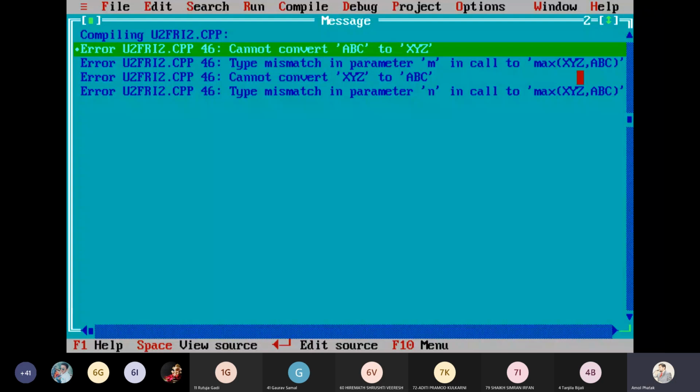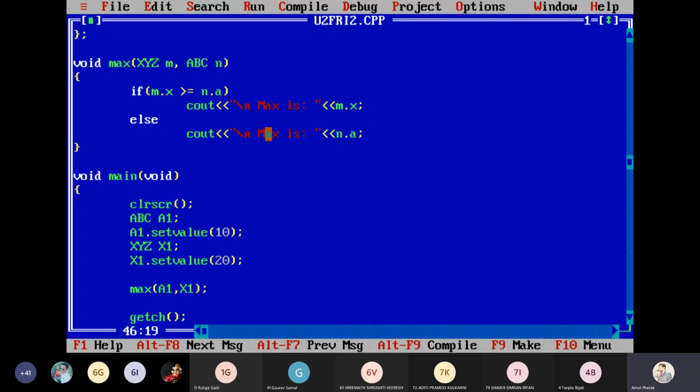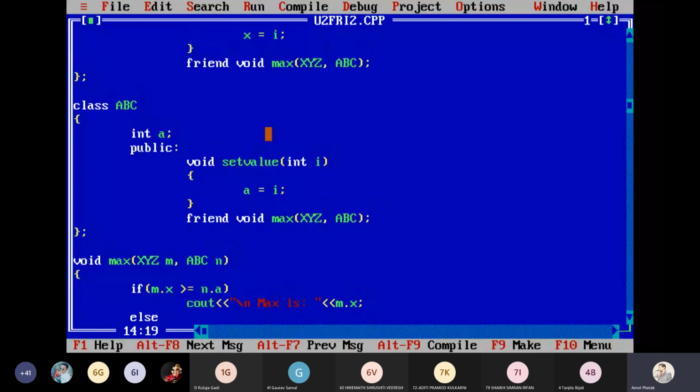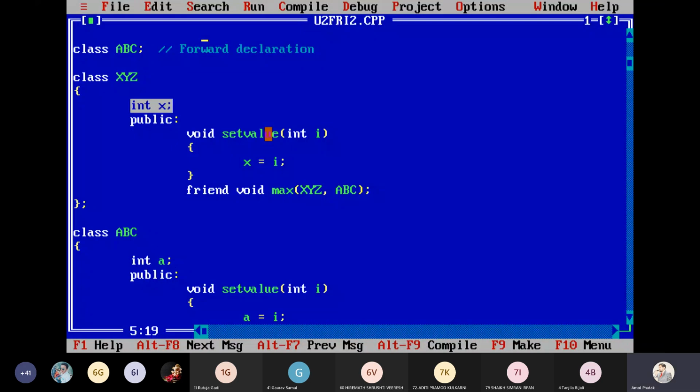I have taken XYZ first and then ABC, so it cannot convert XYZ to ABC. I have called it XYZ, comma ABC, and here I also called XYZ, comma ABC.